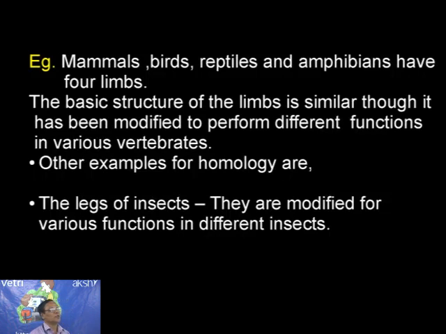For example, in the case of the water diver, the insect which swims on the water surface or dives into the water, the legs are modified just like an oar. And in the case of the water spider, an insect floating on the water surface, the legs are very thin for floating, to reduce the weight of the body. So the legs are variously modified to perform different functions in different kinds of insects, but all have the same basic fundamental structure with the same basic plan.